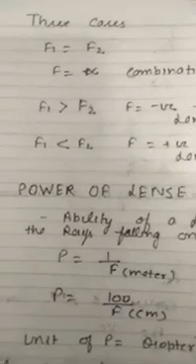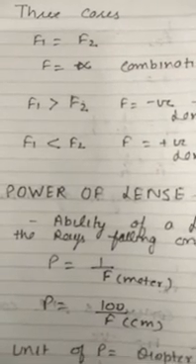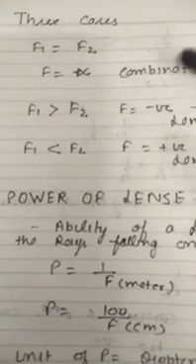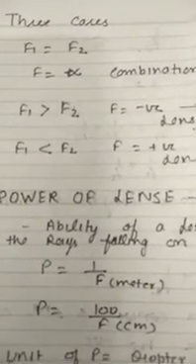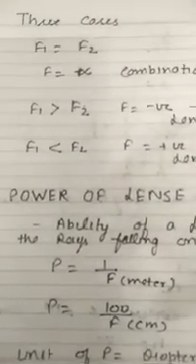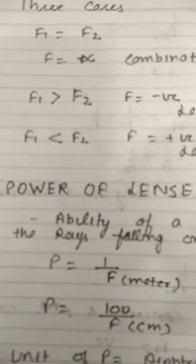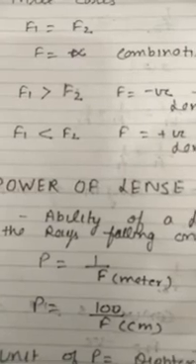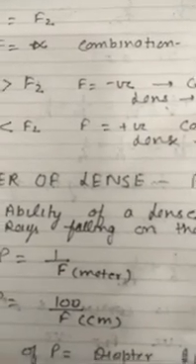Now in this there are three cases. If f1 equals f2, both lenses, one convex and one concave but of equal focal length, then if we find the focal length of the combination, f will become infinite. Infinite means the combined lenses will work like a plain glass plate. And if f1 is positive and f1 is greater than f2, where f1 is the convex lens focal length, suppose the convex lens focal length is 30 and the concave lens is 20, then f will become negative. Negative means the whole combination will work like a concave lens.